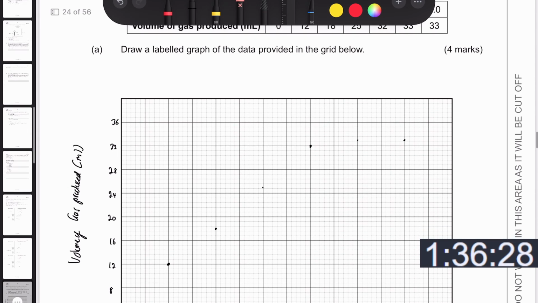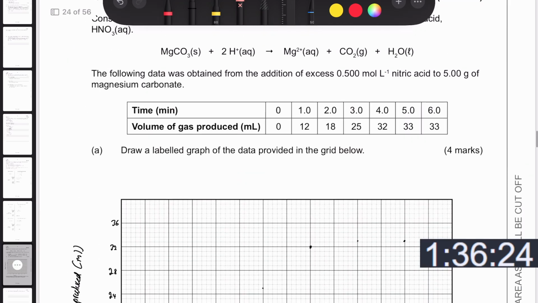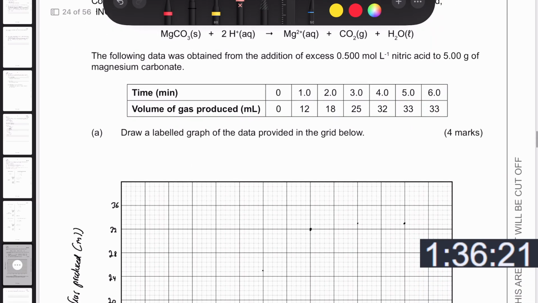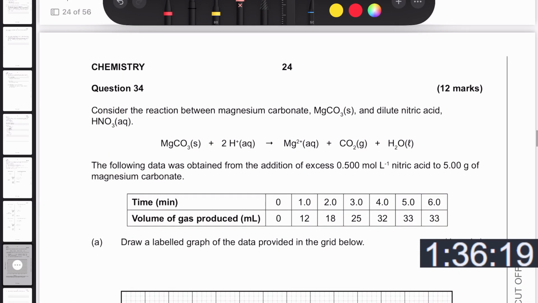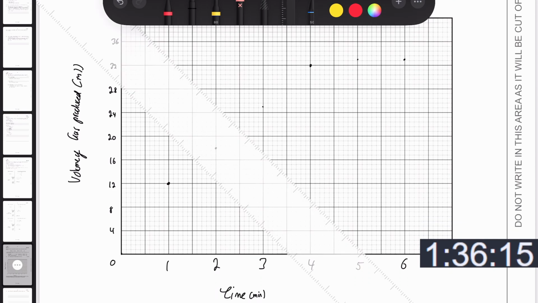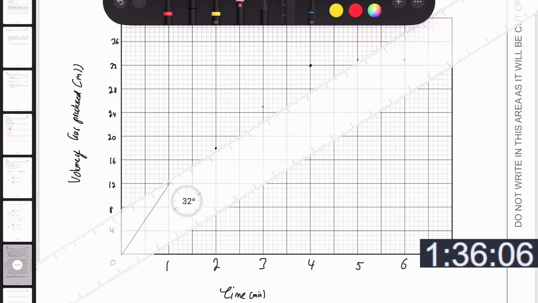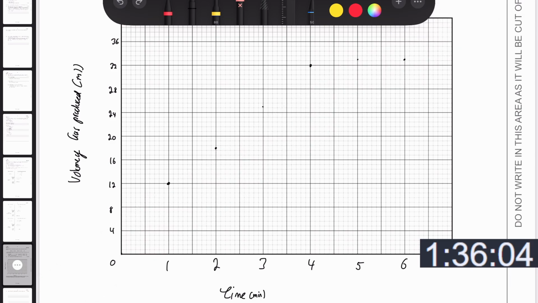Graph of the data provided in the grid below. Explain the shape. So I have to connect these. Okay, let's connect these. Boom. Oh no, it should be probably like a